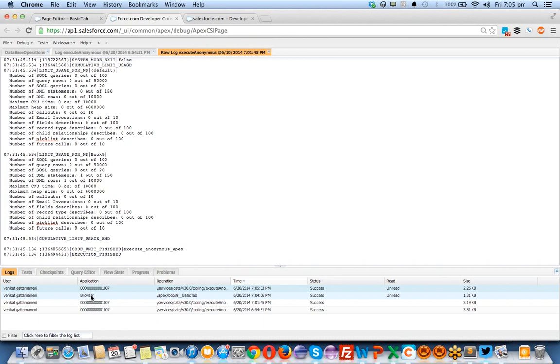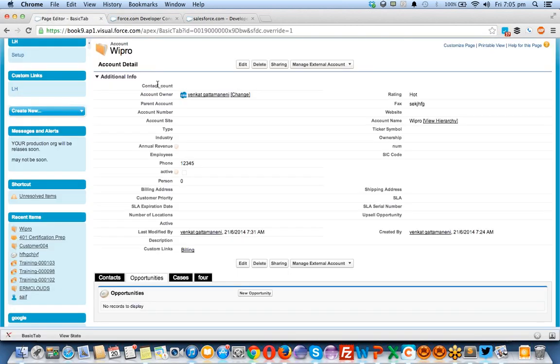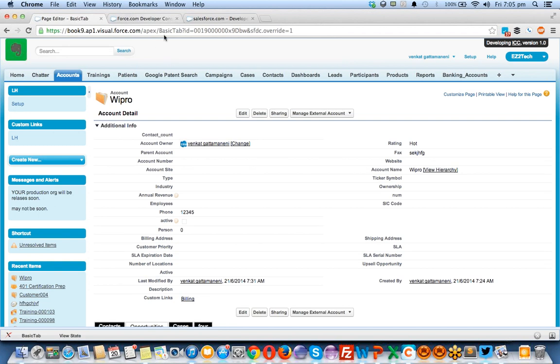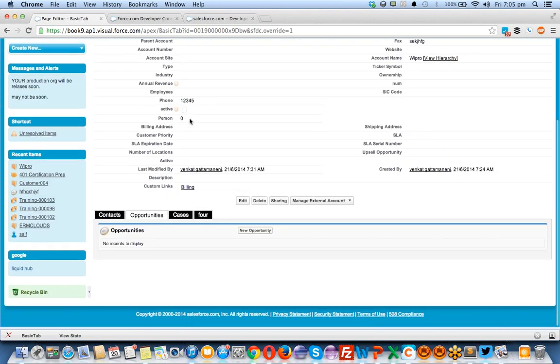And I see the browser from which application this action is called, and what all I called. Okay, I called Apex hash book9 underscore basic tab. This is the page which I have linked with the account view page. If you remember, in the previous class, I have modified the view button with the basic tab option, which will modify the account view. Instead of showing the contacts, opportunities, cases line by line, like in the bottom format, one by one sections, I have kept tabs for that, right? That's a basic tab app. That's a basic tab page.